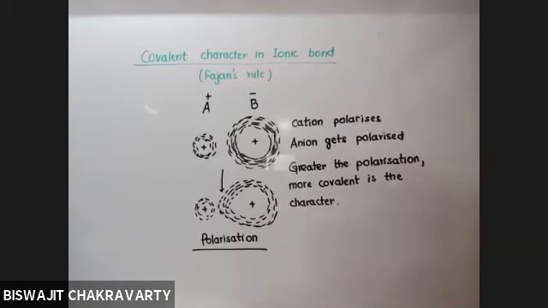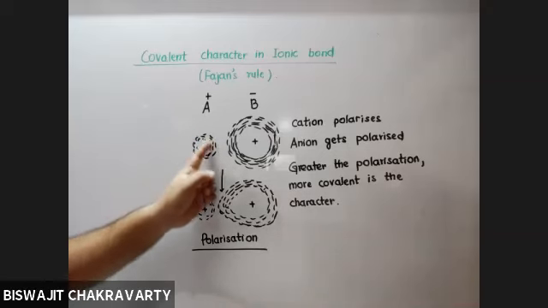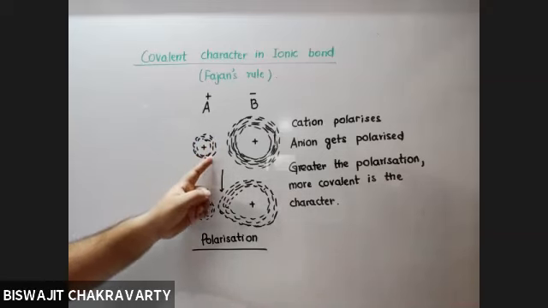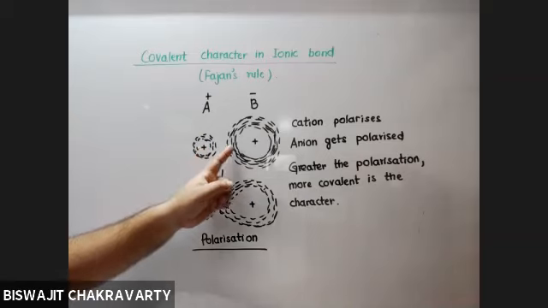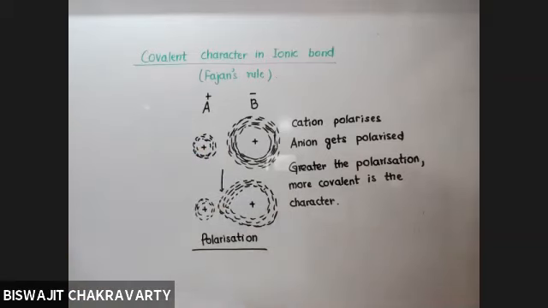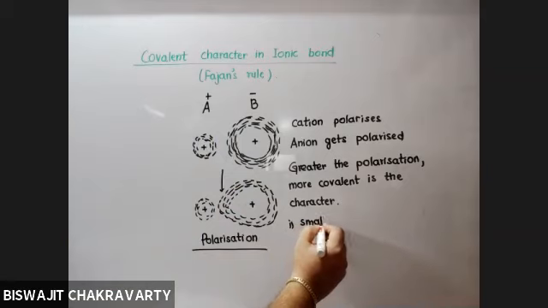Because the main reason is most of them are very poor. If they would have been satisfied by their income, then they would never have gone to steal, or to dacoity. So here, because it is smaller in size, its own electron is not sufficient for it, and therefore the nucleus attracts the electron of the anion. So hence we can say that smaller the size of cation,